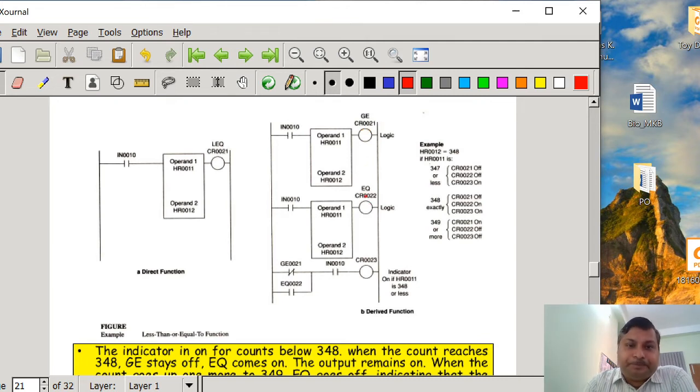Okay, now operand 1 will contain the 348, definitely 348, and then we want that CR23 is going to be energized only if it is 348 or it is 347 and less than that. Okay, so this is the condition. Now let us see what will happen. So now first we are considering that 347 or less. So if it is 347, suppose